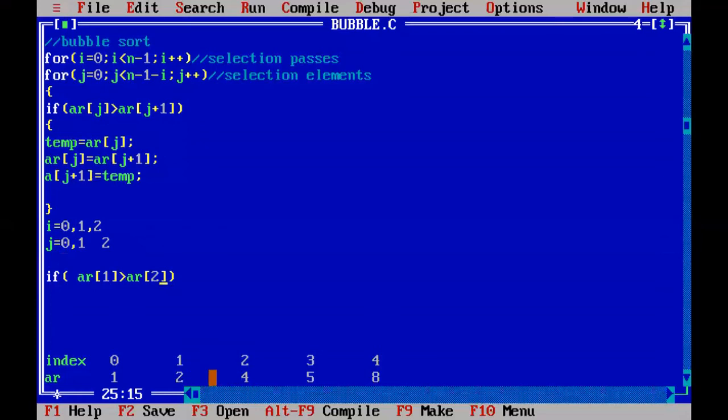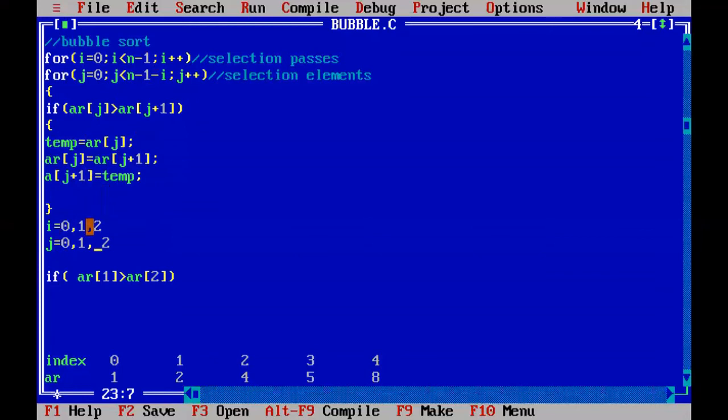Is 2 greater than 4? No, so the condition is false and no swapping is done. Again we go back to the for loop and increment from 1 to 2. Whenever it is incremented from 1 to 2, the condition 2 less than 2 is false.